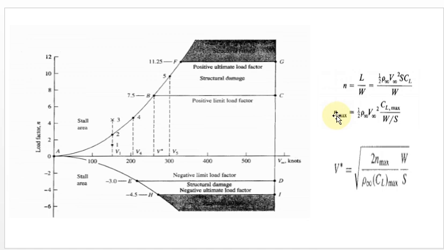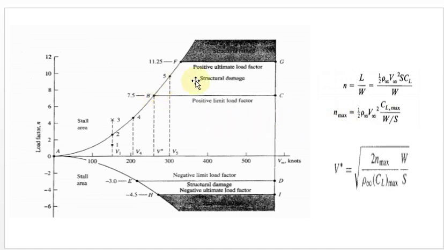At the same time, you have to consider that in these cases we are bringing S downward. Automatically we get W by S, which is nothing but your wing loading. Now compare the three parameters: CL max, N max and wing loading. CL max and N max are directly proportional, while wing loading is inversely proportional. So when you are looking for the maximum N value, your wing loading should be minimum and the CL should be maximum. This is the relation you get from your N max.